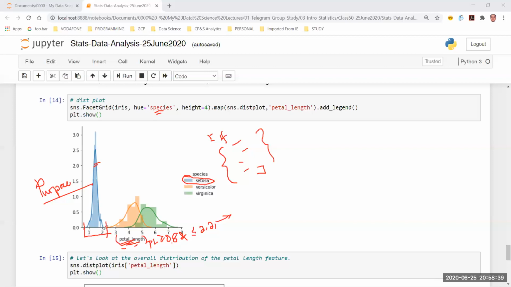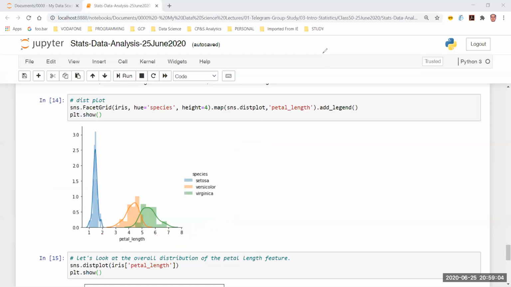And in this case, I can clearly say that if my question was to figure out what is the demarcation factor, or can I really use petal length to identify the species of the iris flower, then yes, I can at least identify setosa. But can I identify versicolor and virginica? The answer is yes. The answer is no. Let's try to understand why we have a conflicting answer.